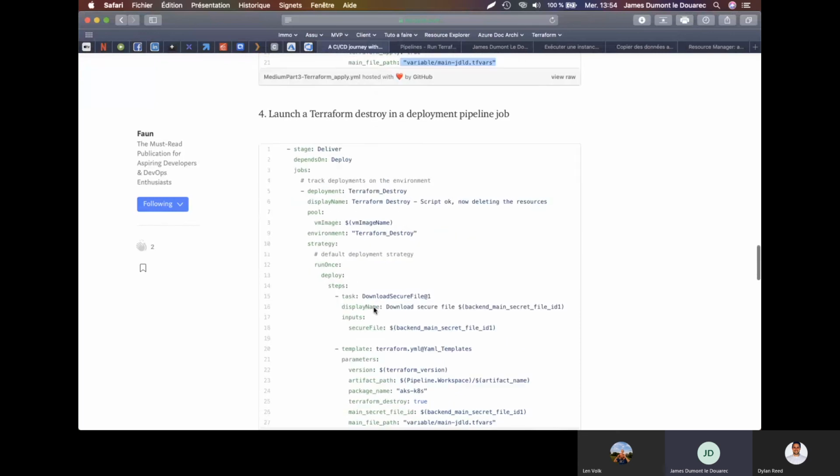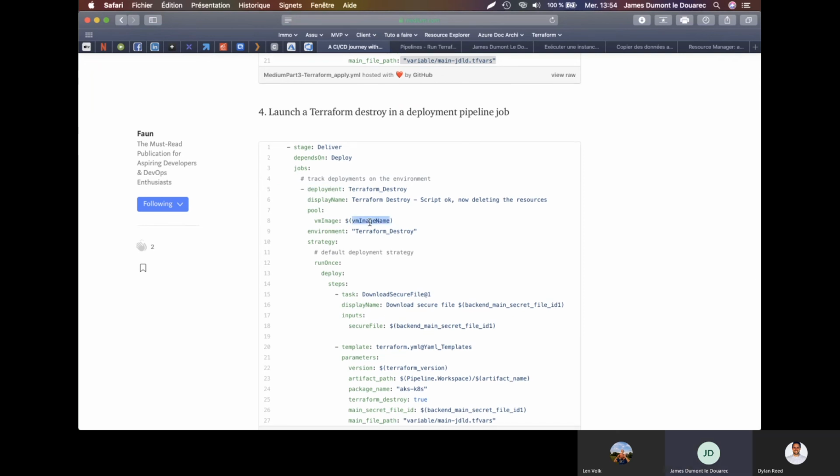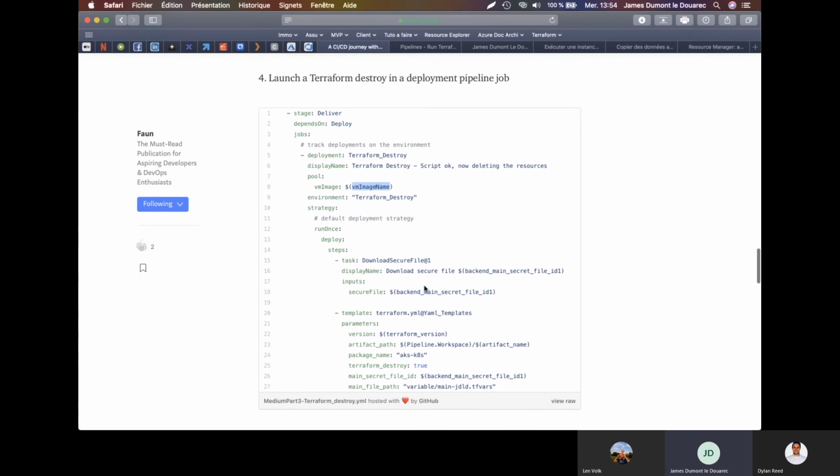And to go to the next level, we just have a look at this last stage, which is called the deliver stage. It's a deployment job type. It runs on the same VM image as before. Here the point is that we need to download the secure secret file because the Terraform destroy command needs the secret file.